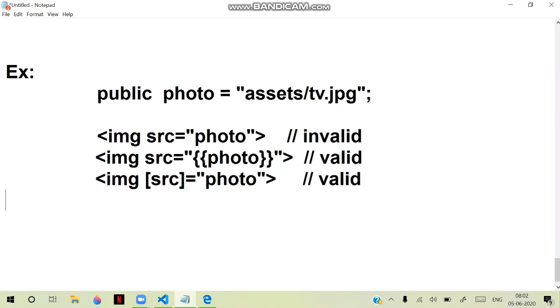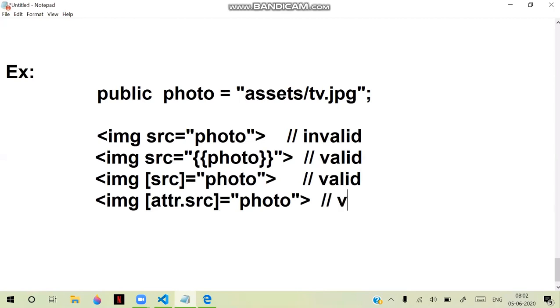That is important. Suppose I say img, so here I am writing attr.src. attr.src is equal to photo. You can write it this way also, but it is not required, because src is available as a property. You can write it directly. This is also valid, but you don't need to do that, because it is already available